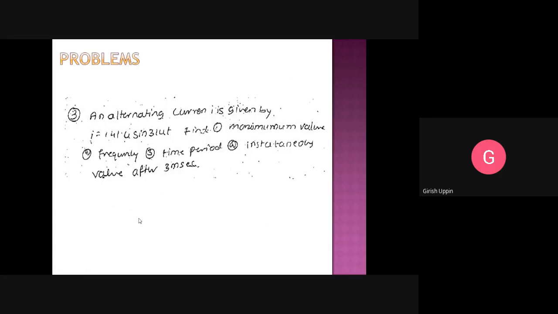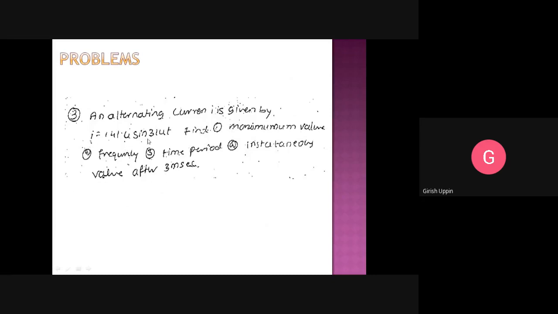Next problem. An alternating current is given by I is equal to 141.4 sine 314t. Find the maximum value, second frequency, third time period, and fourth instantaneous value at, you can take it as, 3 millisecond. So